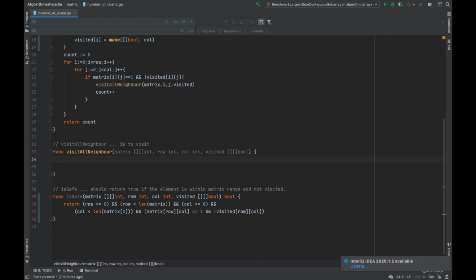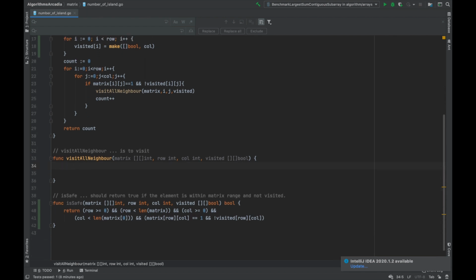I need the row number. For a particular matrix element, what could be the neighboring elements? One is the top of it, one is the bottom, one is to the left, one to the right, and one is diagonal, the bottom left. If we consider even the diagonal as connected, then we also have the bottom right, top left, and top right. So these are the possible options. So let's say row numbers.